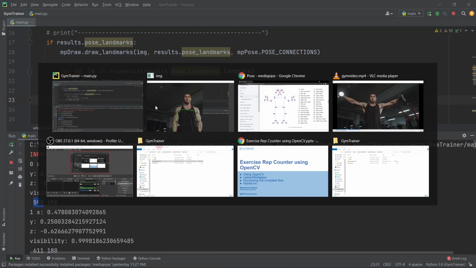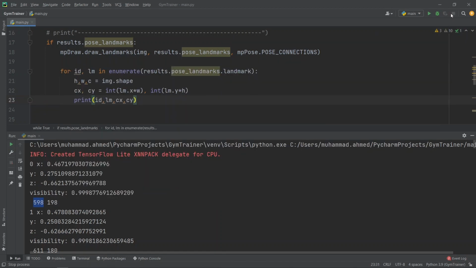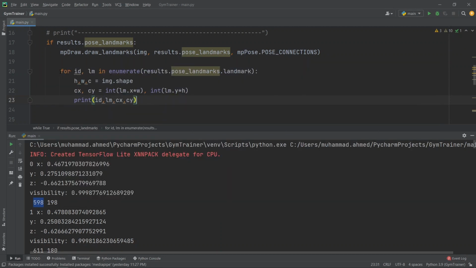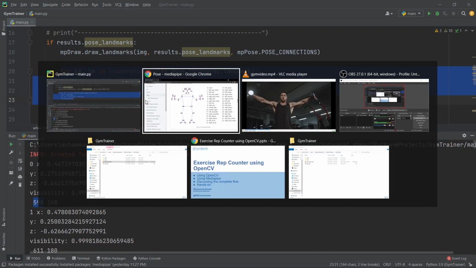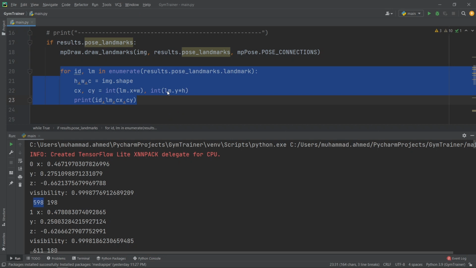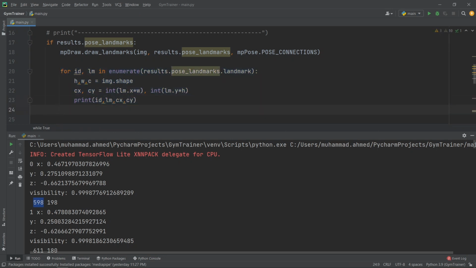Next thing is, after detecting all these points, we have to save them inside our dictionary. The reason we are saving it inside the dictionary is that this for loop over here will provide us with all the points and all the coordinates of those points as well, but we have to save them so that after getting out of this for loop we can use them.